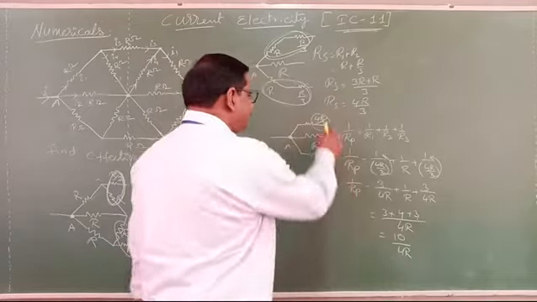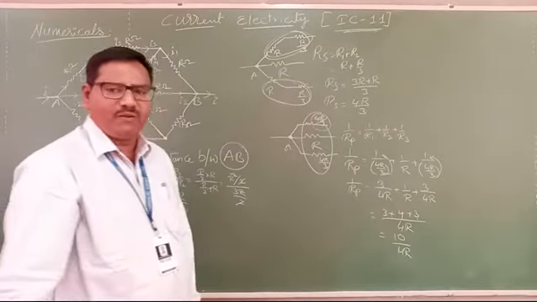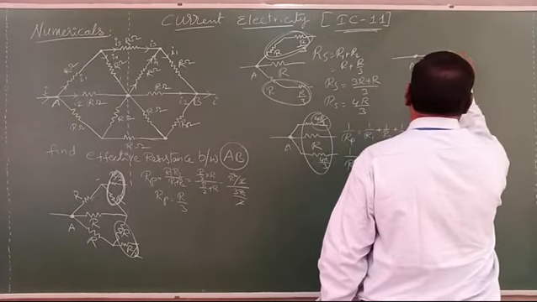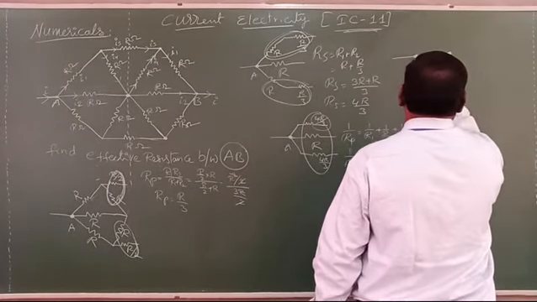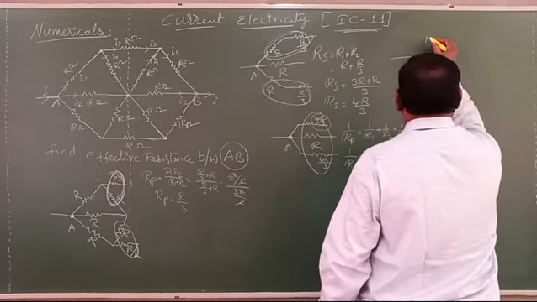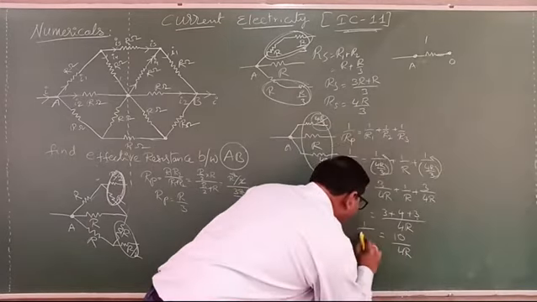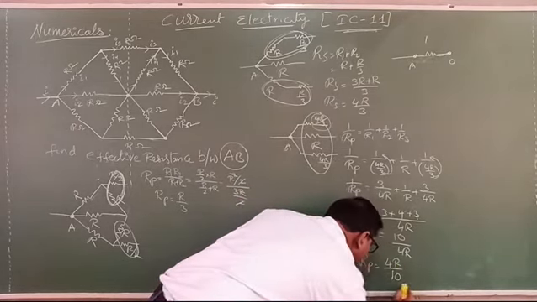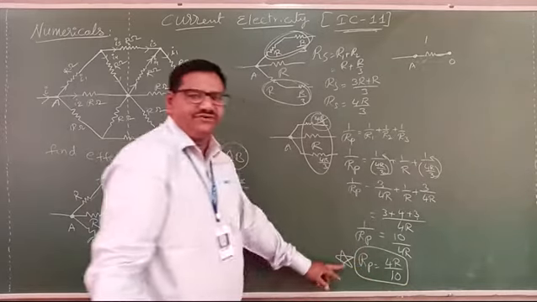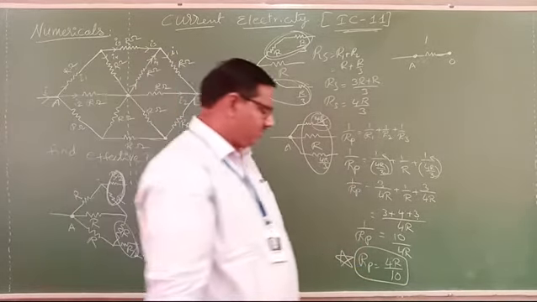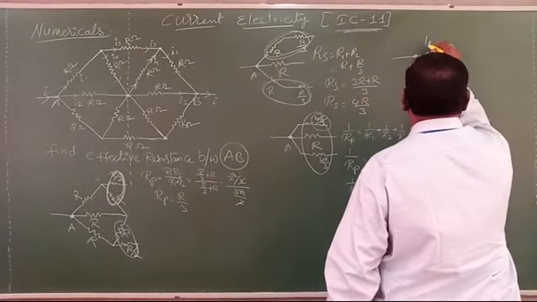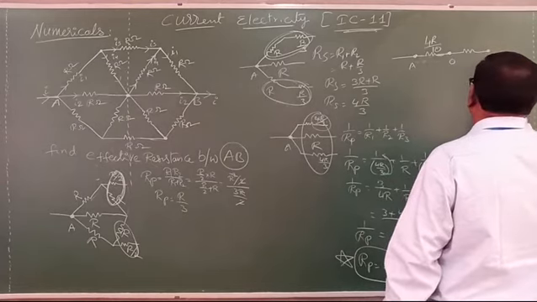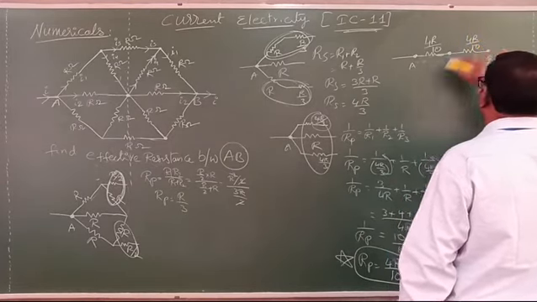So for the half portion, how much resistance do we have between A point and O point? We have an effective resistance, how much is it? Here it is 1 by Rp. From that Rp equal to, what can you write? 4R by 10. Don't forget this. If you get confused, the answer will be wrong. Now here 4R by 10, and one more between O and B point. This is also 4R by 10.